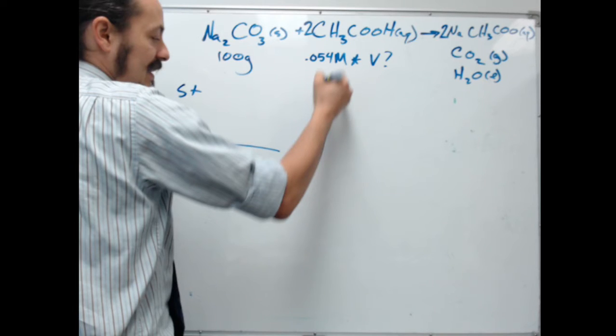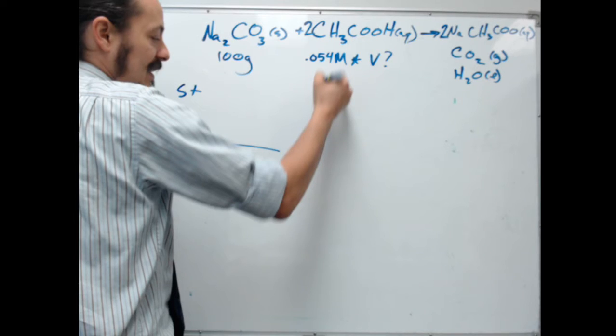Now, the reaction, since both things are going to be 0 at the end, both things are limiting, we could really do this equation either way. Because what we're really saying in this step is that 100 divided by 106, well, let's do it this way. Let's do the conceptual work again. What we're saying in order to get this to be true is that the moles of Na2CO3 are equal to the moles of